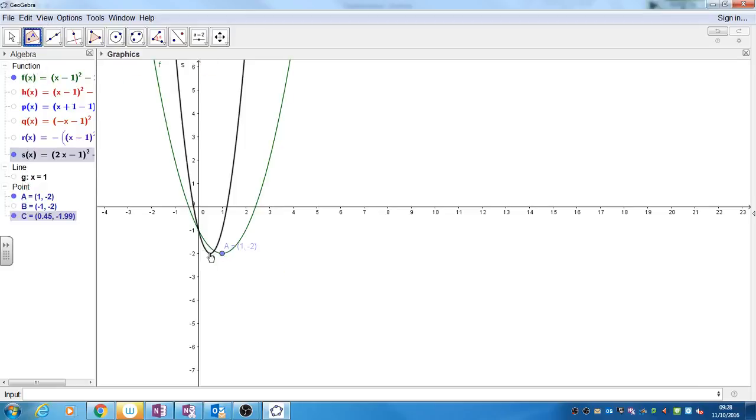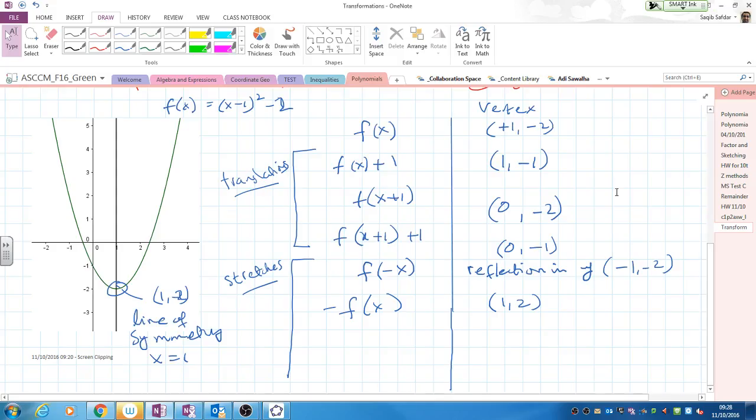And so that coordinate now, let's just check. If I put that on it and move this around, it now goes to a half. Okay, so therefore f of 2x gives me a half of 2, and it's a stretch in the x-axis by scale factor